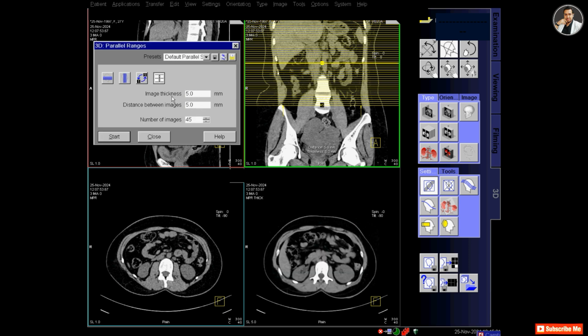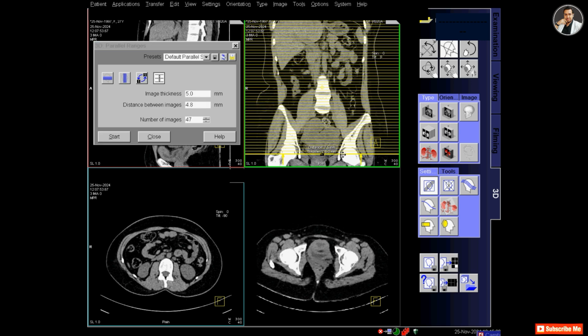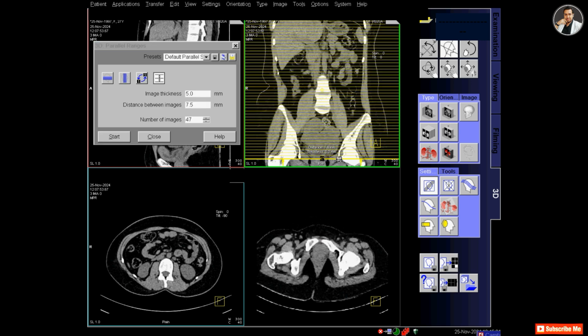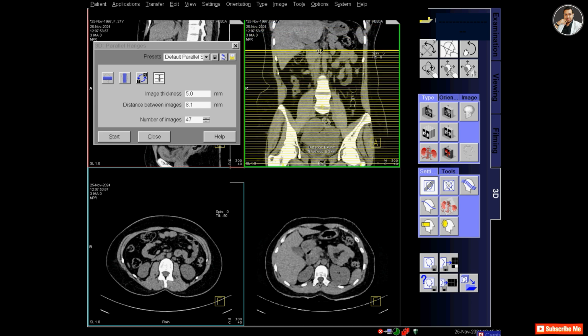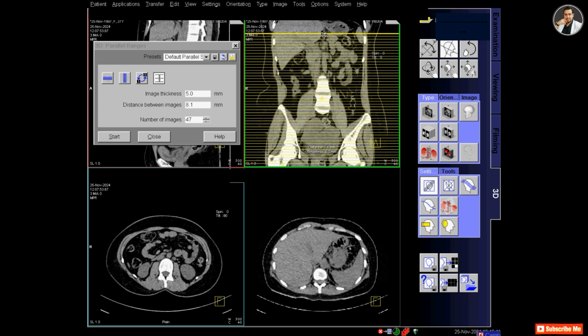mid liver, and I will select the number of images to, I think, 55 or 47. I select 47, and I will drag the last slice to the symphysis pubis, so that from the kidney to bladder area is covered.